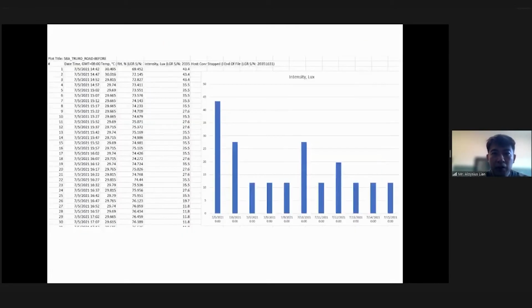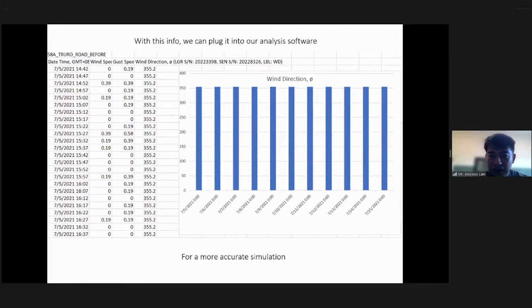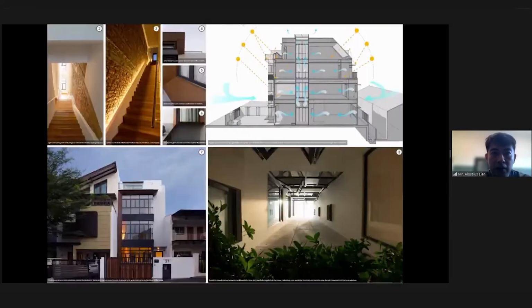And not only do we do an initial study, we will validate before and after to try to see whether whatever design concepts that we're trying to sell to the client really works. So this is one case study which has been completed. It's a house at Toh Tuck. Even though the existing house has very little natural wind to begin with, and it's really surrounded by a lot of landed houses,